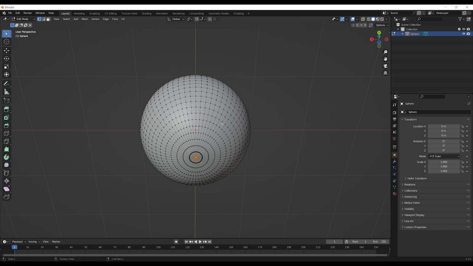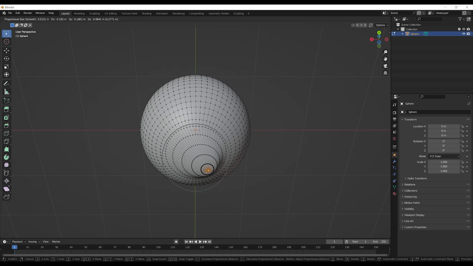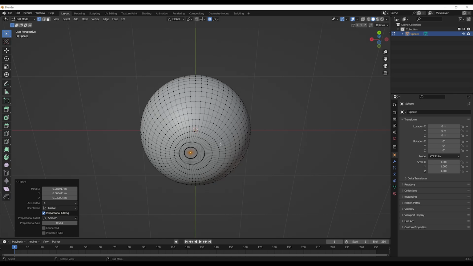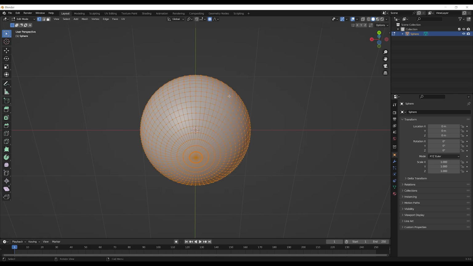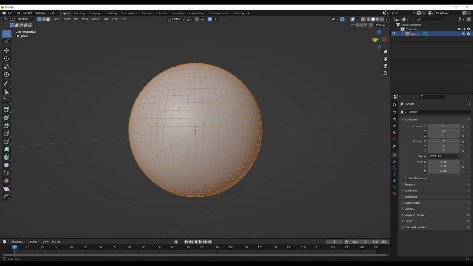And what I'm going to do to fix this is click over there. Now, as you can see, if I press the G key, there is a kind of big circle now. And if you scroll, you can actually change the size of the circle. This means that you are now able to move all of the neighbors of the vertices that you are grabbing. Now, let me press Ctrl Z,